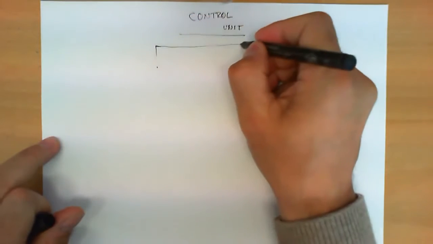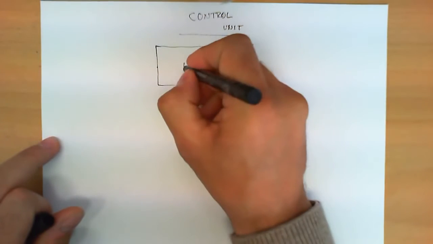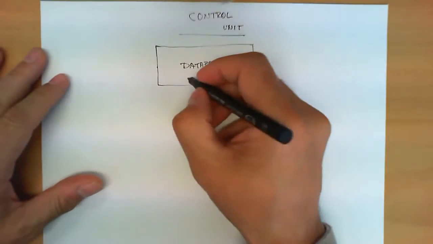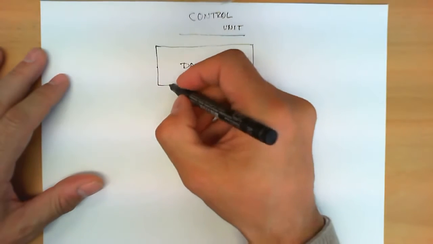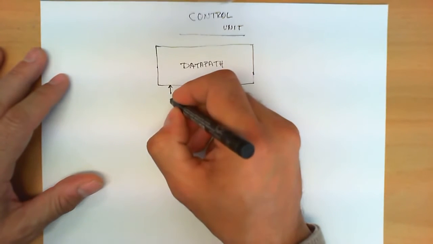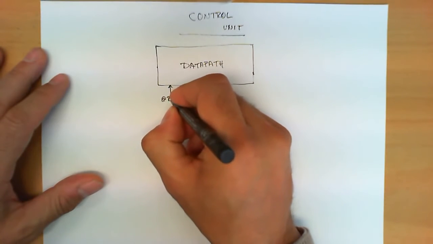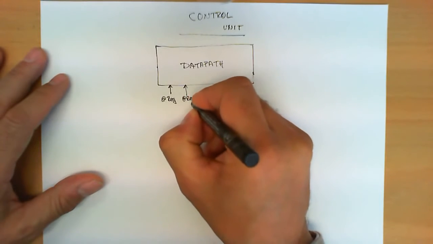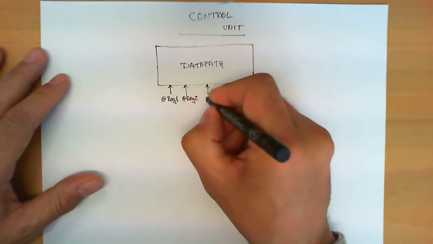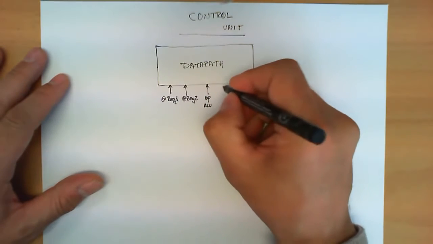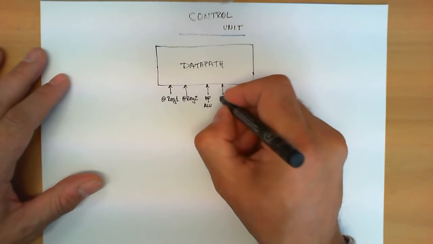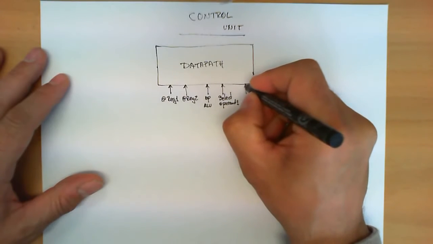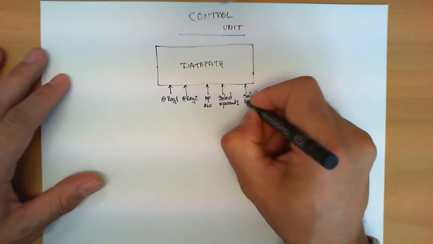So let's first consider what was the purpose of the data path. This circuit over here was in charge of processing data and performing certain operations, but it also had certain control signals that needed to be provided, like for example the address of the register to be read. Sometimes if the bank of registers allows, we will provide two of these addresses. Another one was the operation in the ALU that needs to be executed. Another control signal will be how to select operand 1 of the ALU or select operand 2,